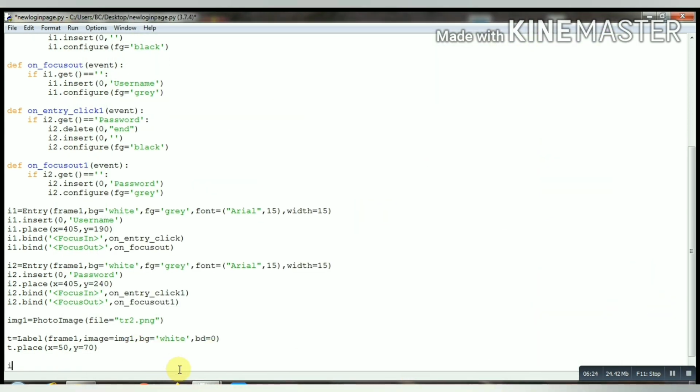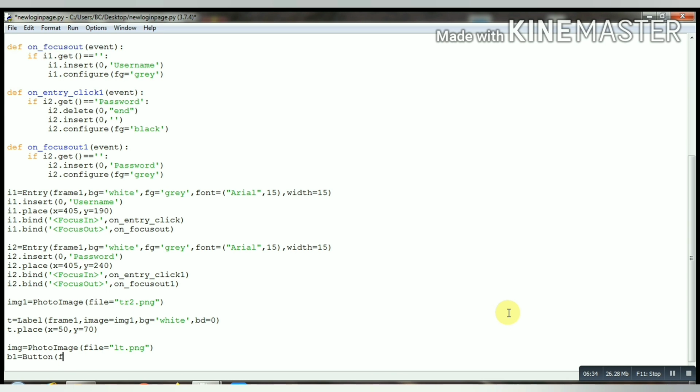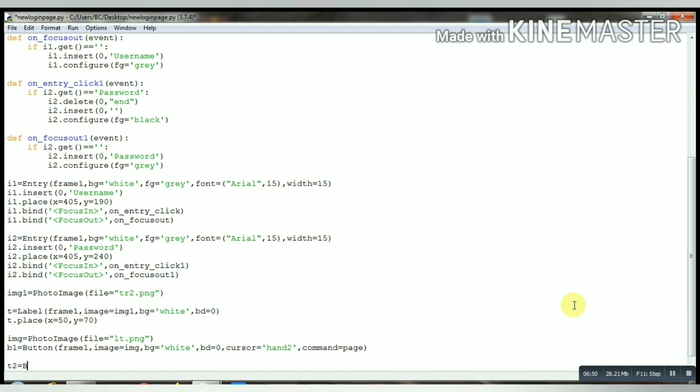So now we will insert our buttons. For that, first I will import an image for the button, lt.png, b1. Now I will insert my button, b1 button, in frame1 with image img, and background I will set as white, border 0, and cursor as hand2, meaning when we take the cursor on that button, it will show like a hand. And command I have given as page.